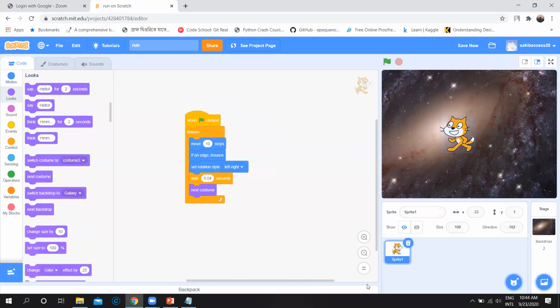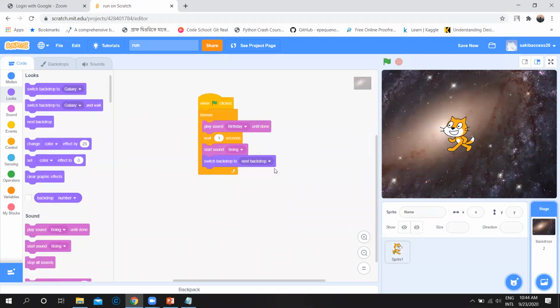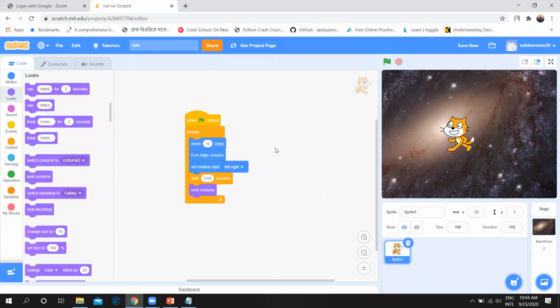If you click on the sprite, we have some code for the sprite. These are the sprite codes we wrote here, and we also ran it. If you click on the backdrop, there is some code for the backdrop. So don't mess it up. You have to write different codes, one for backdrops, one for sprites. So you wrote some code for the background, and you wrote some code for your sprite. Okay, if you run it now, what will happen?